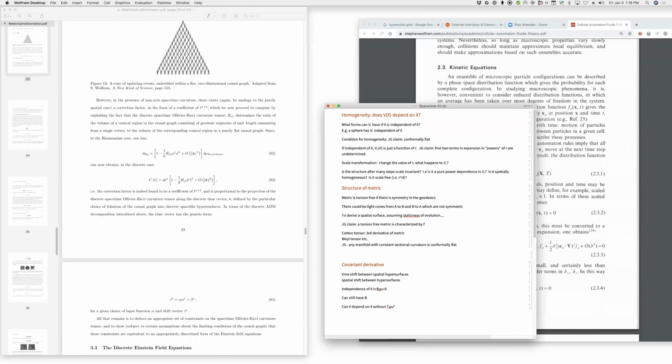Okay, well, so if V doesn't depend on X, I see, then there can be an R term, but you claim there cannot be anything other than the trace of R mu nu. Right. Yeah, I'm still uncomfortable with your statement, independence of X is R mu nu equals 0. It's that independence of X implies R mu nu equals 0, but they're not equivalent statements.